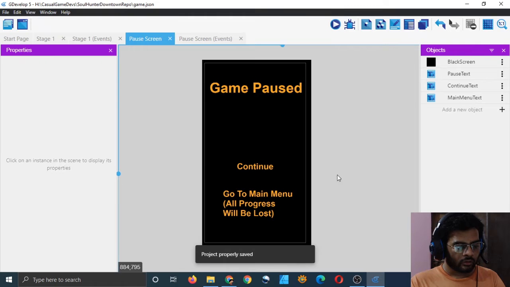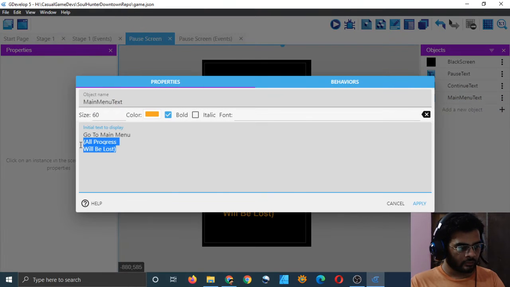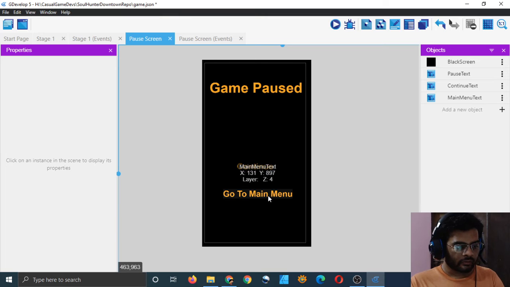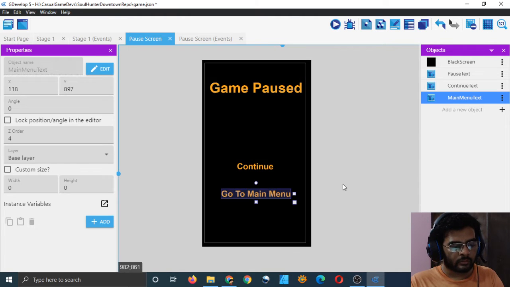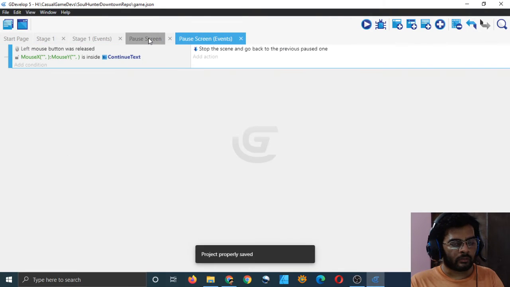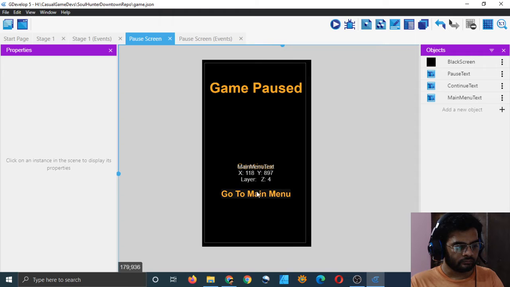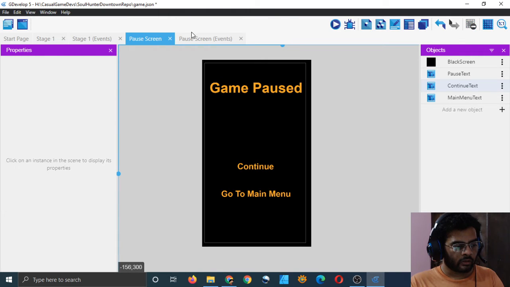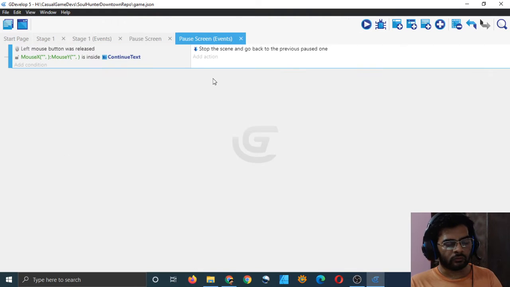Or should all progress not be lost? Let's not make the player lose the progress. And the progress is what, just the points and coins, right? So just save them to the global variable, and when we go to main menu button, we will go to the main menu.